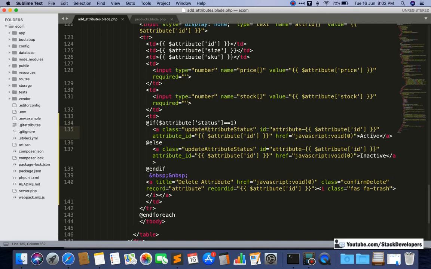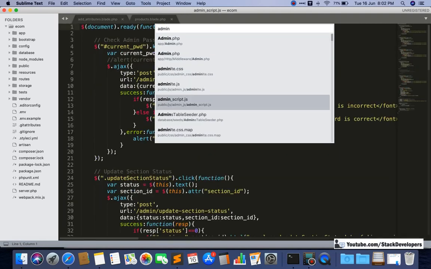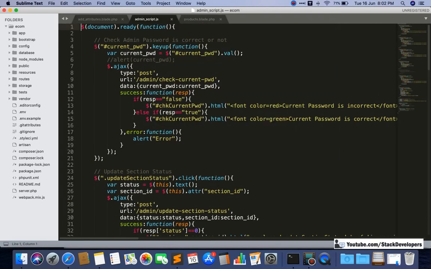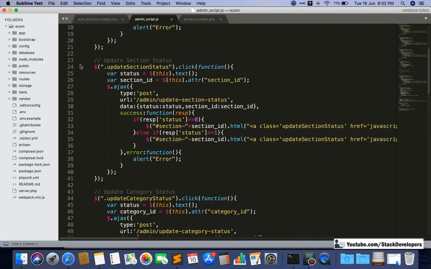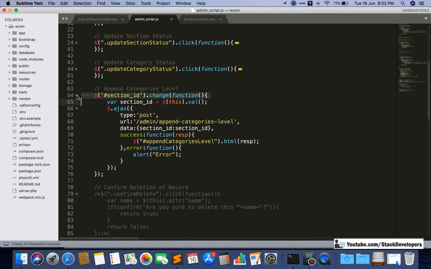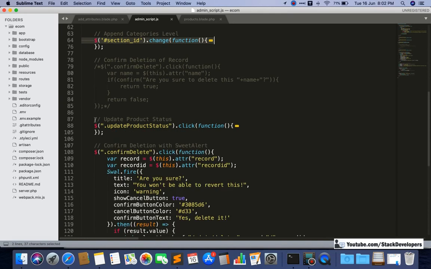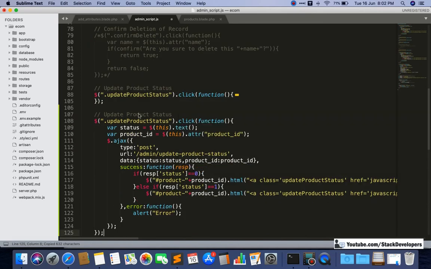So we are going to hit from this class, and for this class we will make the jQuery function in admin underscore script, in the same way as we created update section status and update category status. This time we are going to make update product status and update attribute status. I am going to copy this one only, and we just need to make a few changes.